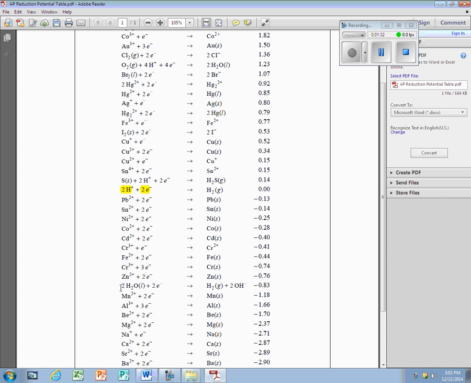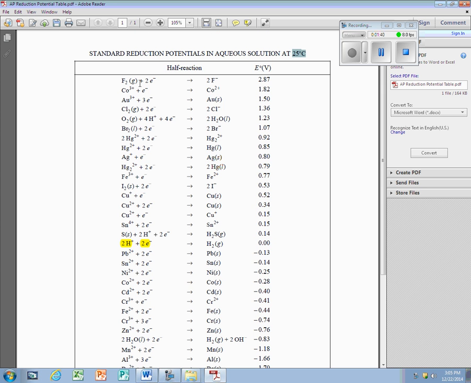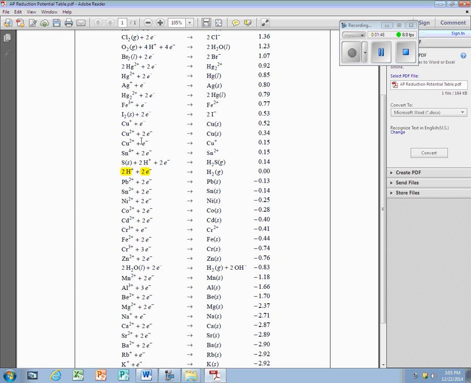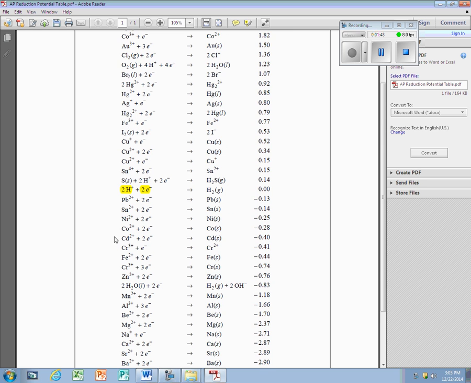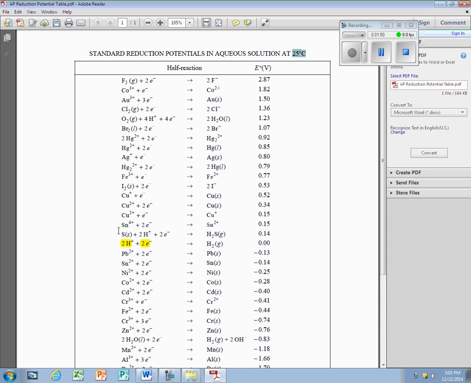A 1 molar solution of H plus would be an acidic environment, a very acidic environment, like a 1 molar solution of hydrochloric acid. But what this is telling us is that the species above H plus can gain electrons more readily than those listed below. The next thing that's important to note is that